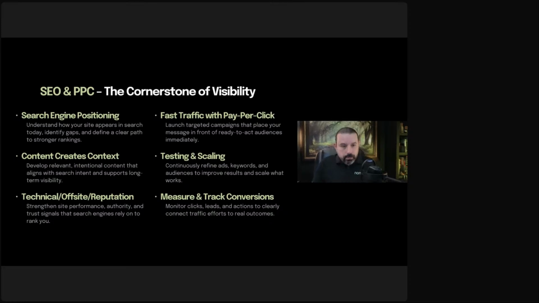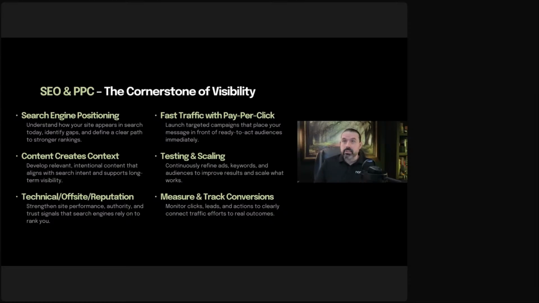So a few little pieces to this. There's search engine positioning, understanding how to position yourself in the search engines and how to be found in places where you should be found, right? So we don't just want to show up when somebody types our name in. That's not really search engine optimization. It just means Google listed you. What we want is to be found under food banks in Tampa, right? So we want to be found under there if we're a food bank, or churches in Indiana, or more specifically, Indianapolis, right? So we want to make sure that we're found under the right search terms, and we want to figure out what those search terms are.